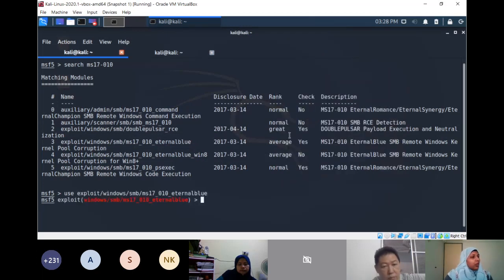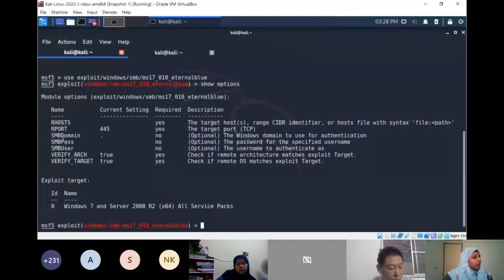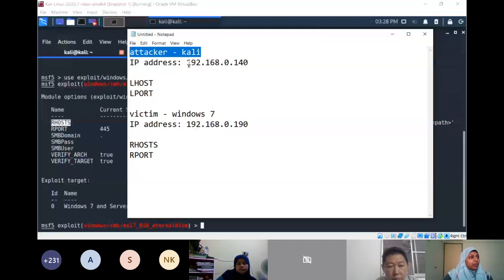Okay, so once I am inside, I want to know what values I need to allocate so that I can attack my computer, the target machine. So I give show options. Okay, so you can see there is one value called rhost. So to summarize, I'm using my Kali machine. This is the attacker. My IP address is